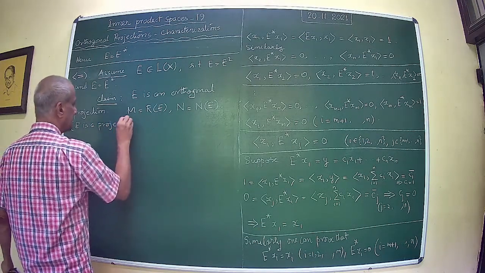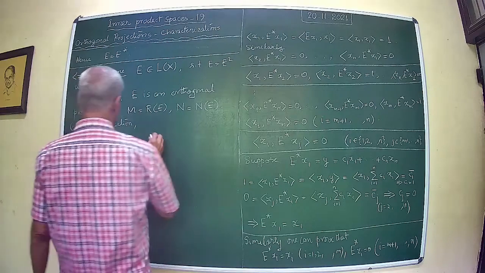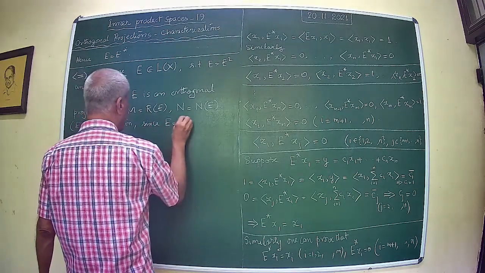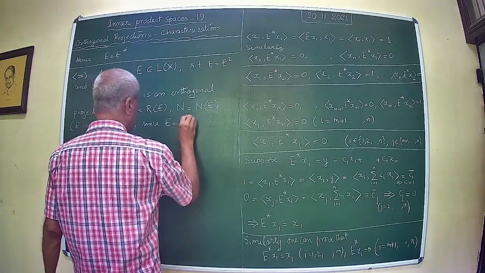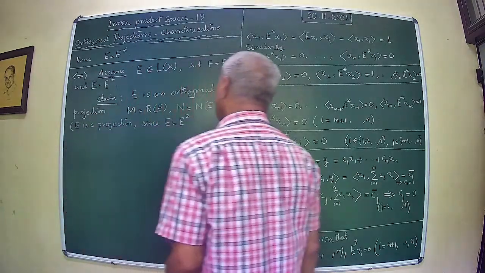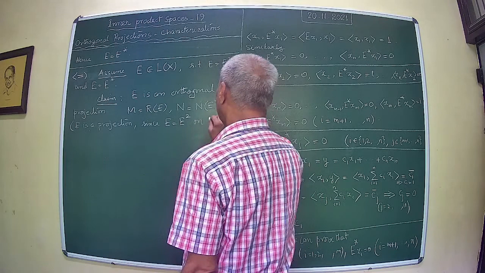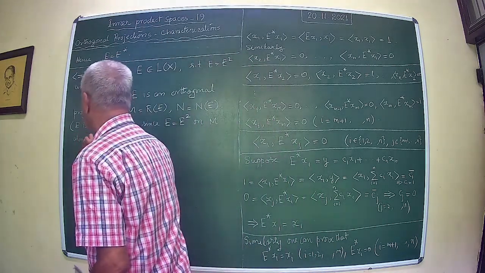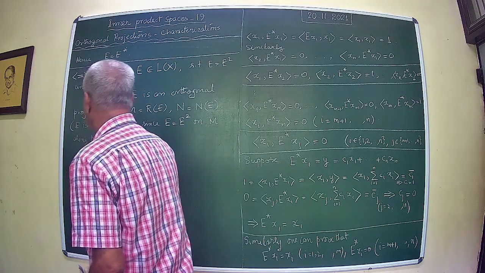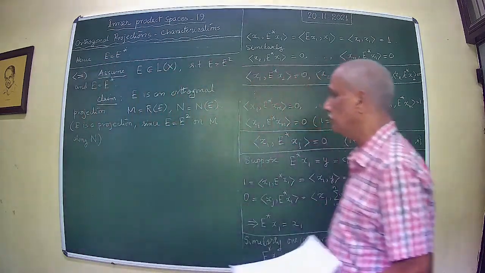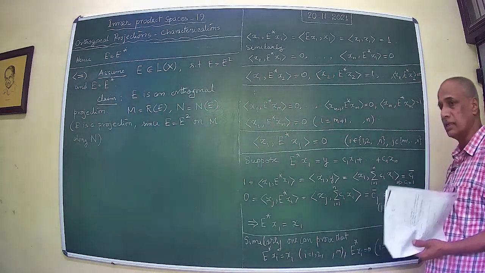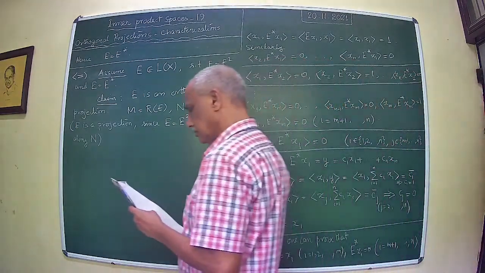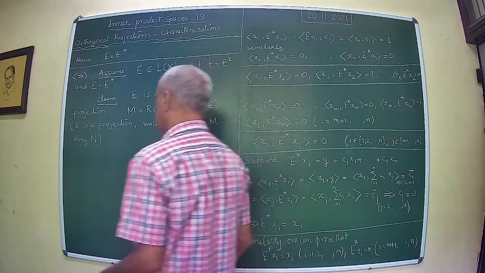By the general theorem on projections, E square on M, this we know from the general theory of projections. Okay, now it is sufficient to show that